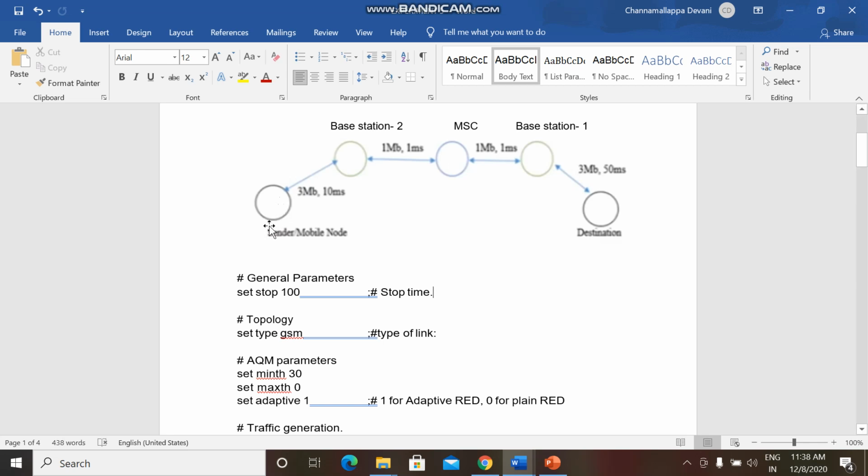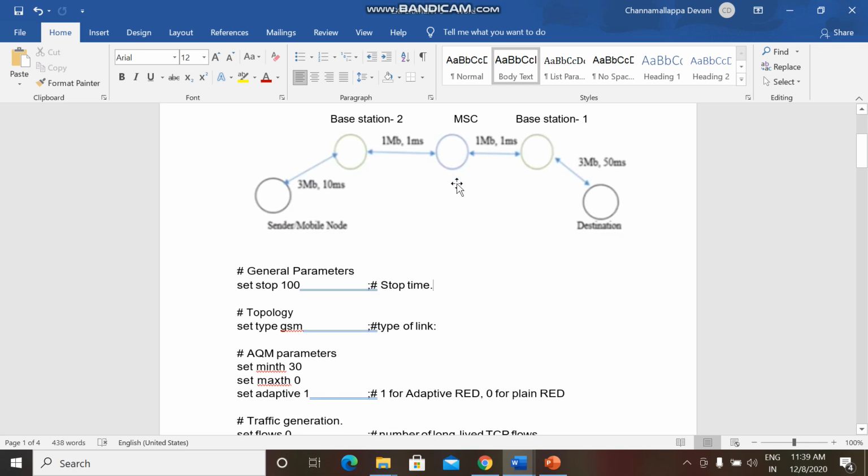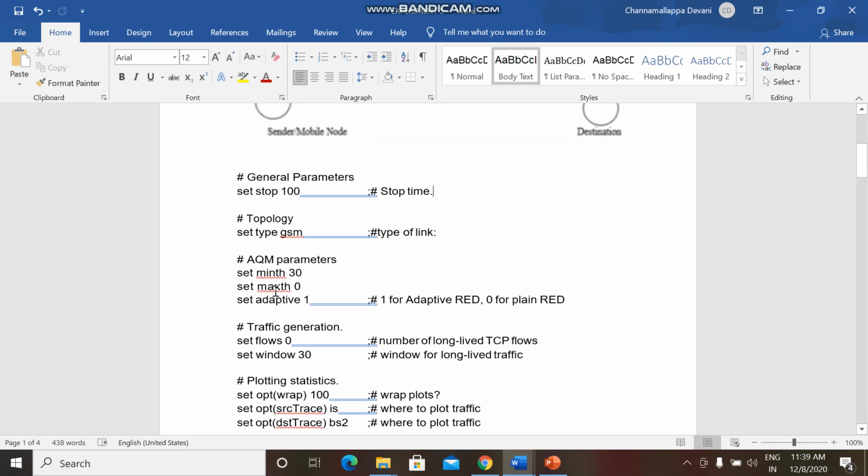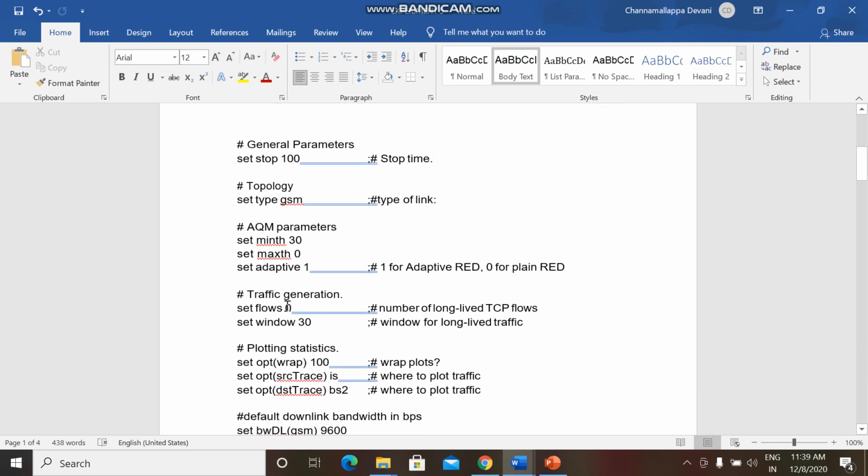Whenever we are using TCP as a transport layer protocol at the sender, we need to use TCP sink as a protocol at the destination, and the agent application that we are supposed to use at the source node is FTP. Once we set the active queue management parameters, the next step is to generate the traffic. Set flow equal to 0 and set window size to 30.